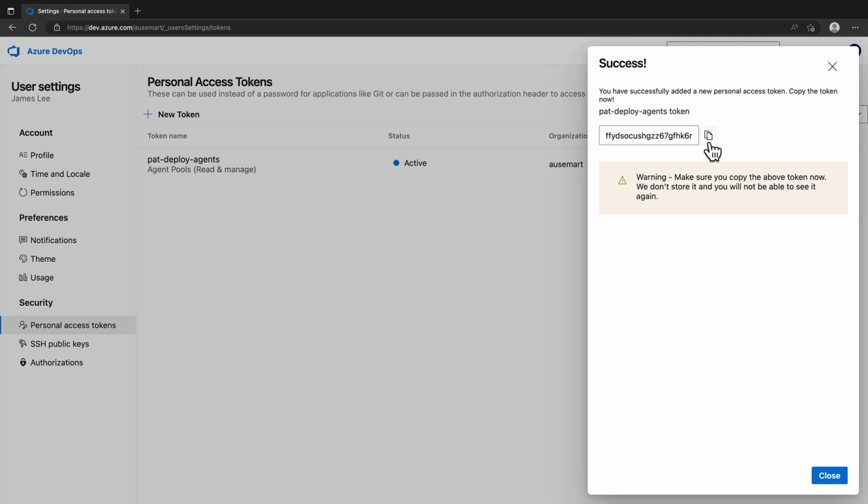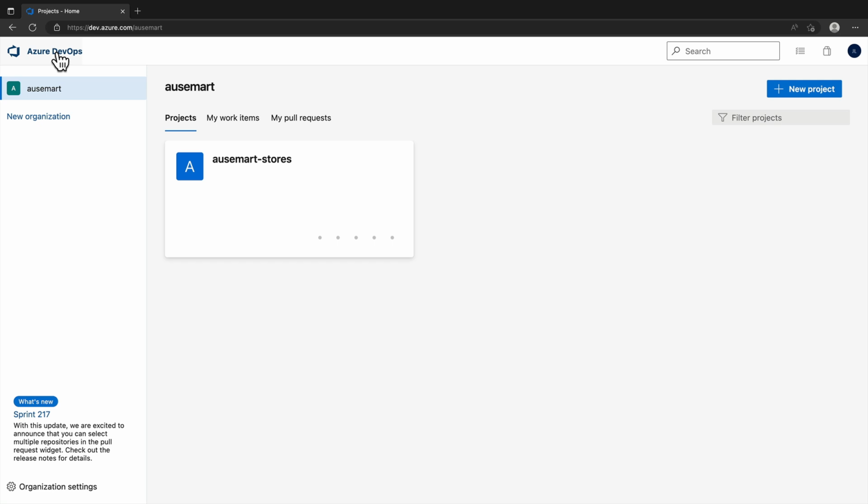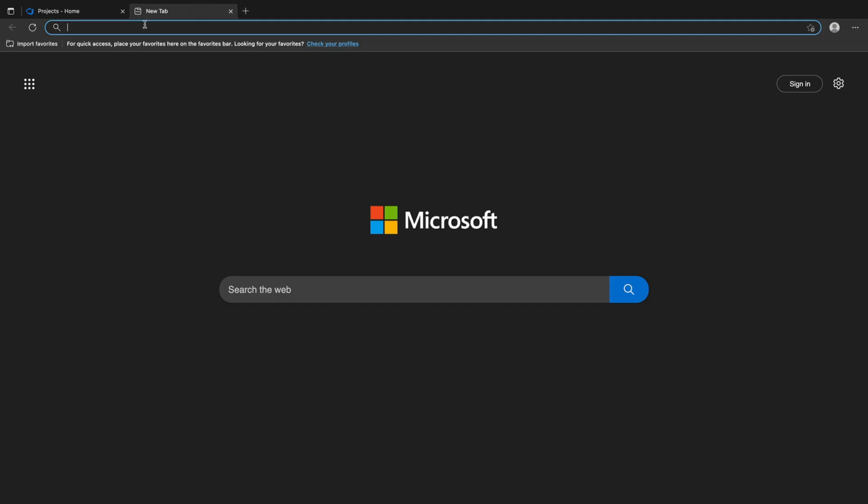All right, so I've taken a copy of that PAT. I can go ahead and close that down. Now what we actually want to do is go ahead and create a virtual machine within our Azure subscription, but really that server could be anywhere within our Azure subscription that we can use for our Azure pipelines. So what I'm going to do is open up a new tab, and I'm going to